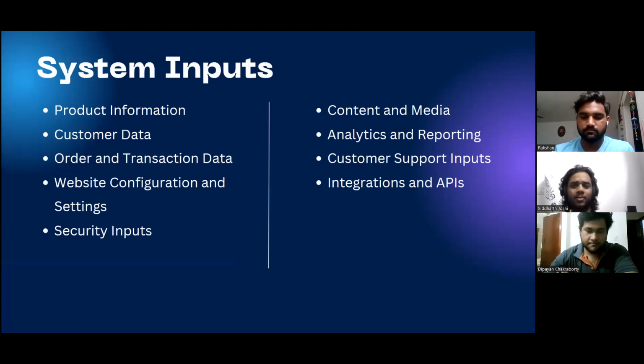So every time you talk about a system, you need to talk about its inputs, right? So for an e-commerce website, you can intuitively tell that your inputs would be firstly some information about the product, then you need information about the customer who's buying the product, and then you need data about the transaction, then